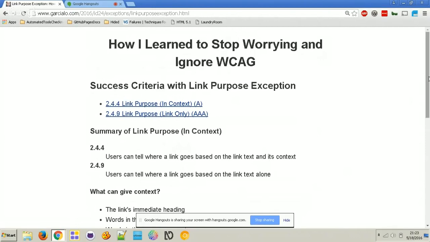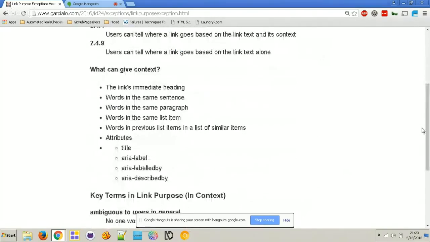And we'll talk for a second about things that can provide context, so we can have an idea of the difference between 2.4.4 and 2.4.9. The immediate heading for a link can provide context. So we could have a read more link or a click here link, well, that's not a good example for the click here.